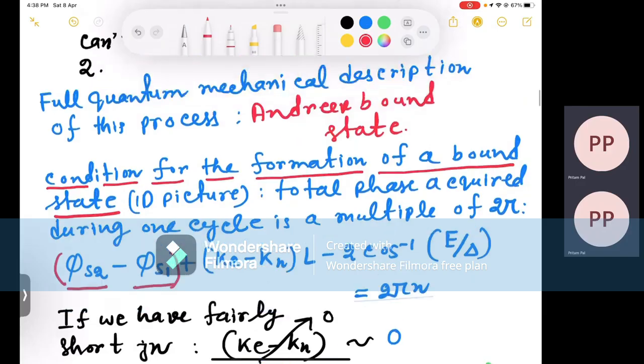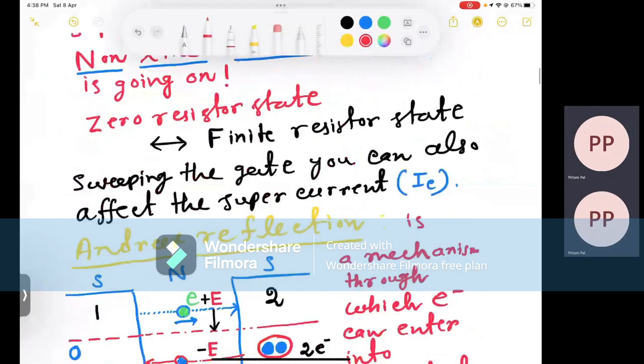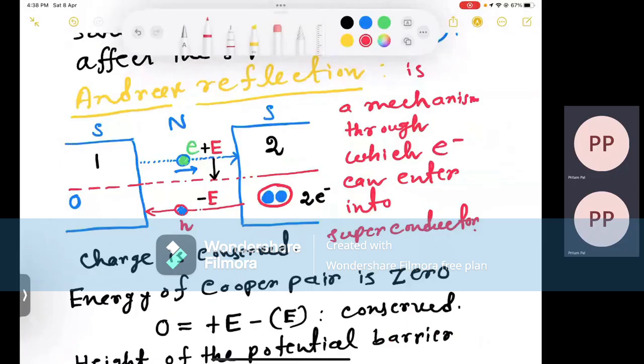So this you can see. Where I was mentioning this Cooper pair formation, it's like a mechanism, Andreev reflection, through which an electron can enter into the superconductor, right? So in this process of pairing, I mean Cooper pair formation, charge is always conserved, and the energy of the